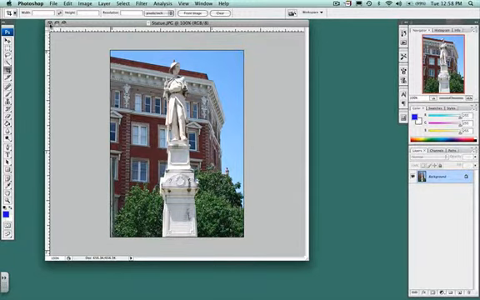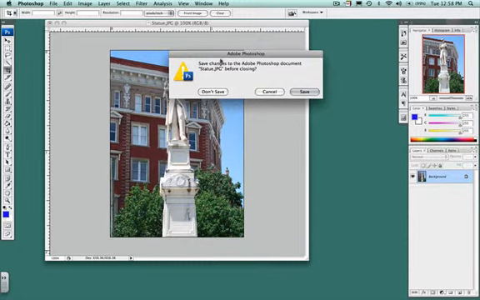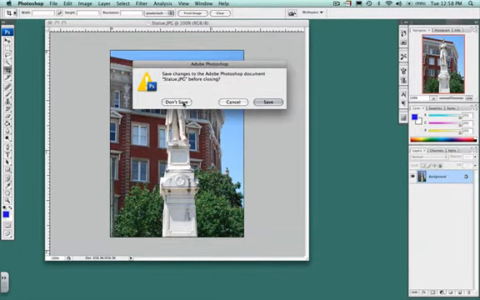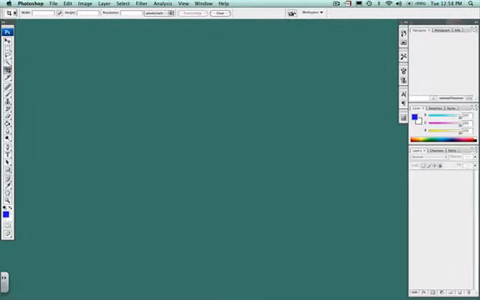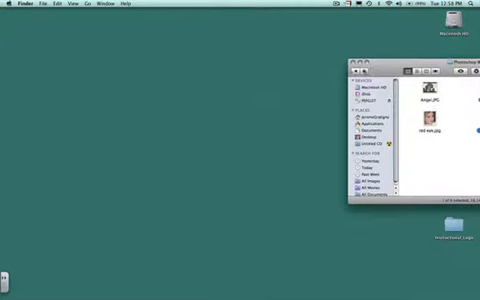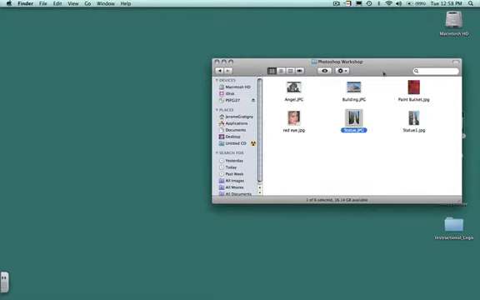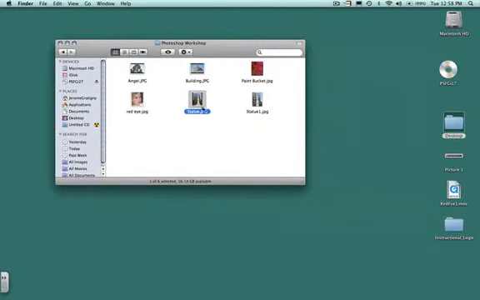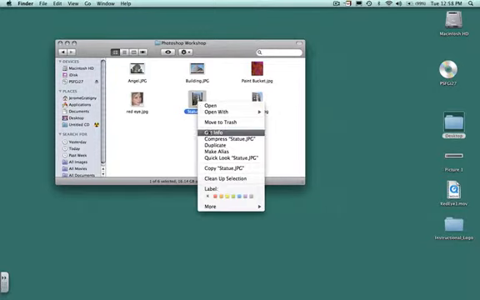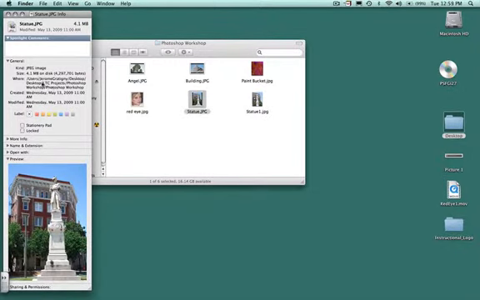Alright, now I'm going to go here and I'm going to close the original image, and as I do, I'll get a dialog box that asks me if I want to save it. I'm going to click Don't Save. That way I still retain my original image, and as we see here, we have statue 1 and statue. Now I'm going to right click on statue and get info, and we'll notice that the original file size of that image is 4.1